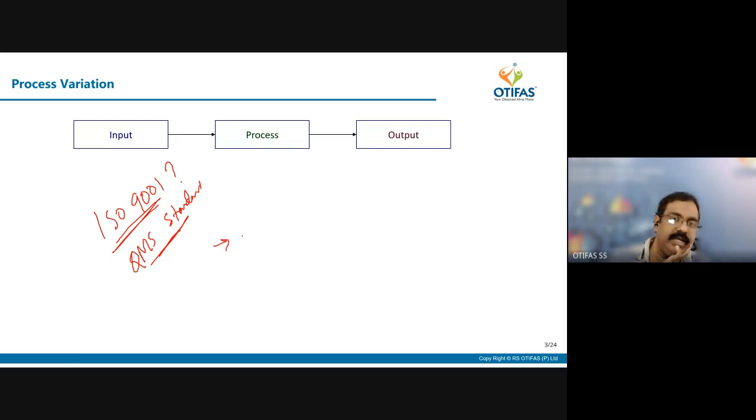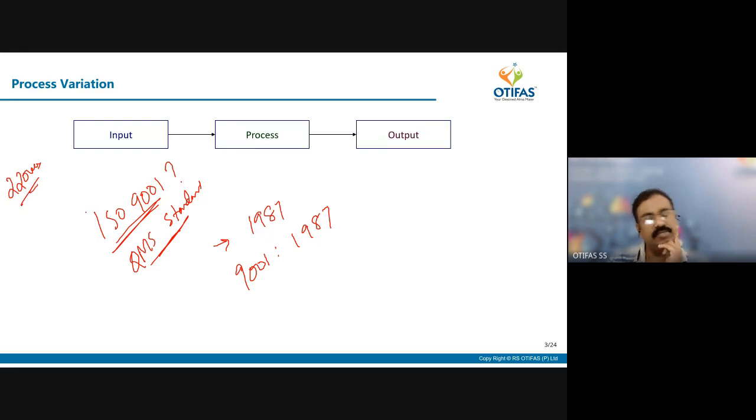initially the ISO standard was developed in the year 1987, and that standard was known as 9001:1987. Now, ISO has made more than 22,000 standards, maybe 25,000 so far. 9001 is just one standard. Now you have 14001, you have ISO 17024, which we use for personnel certification bodies. 14001 is the environment standard, and ISO 45001 is for occupational health and safety. These are all different management system standards.